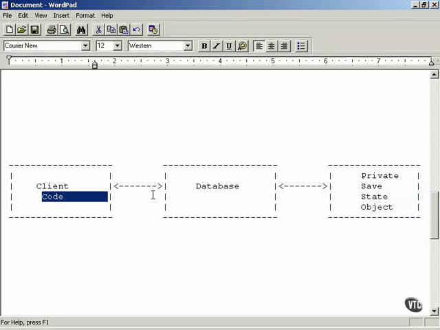Client code interacts with the database. The database keeps storing its internal state in the private save state object. And in that way, encapsulation is not violated, and you can restore the database as needed from the save state object. So that's the Memento design pattern. It's really a backup design pattern with the added provision that you not violate encapsulation of the object you are storing. So that's an interesting way of doing things, and that's the Gang of Four design pattern way of creating